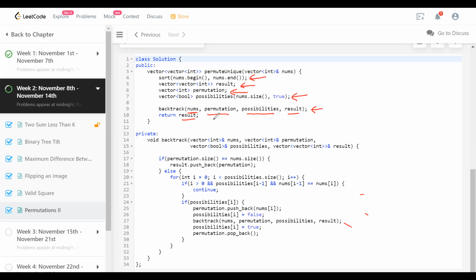All right. So now look at the backtracking method. Permutation is a vector which is empty, and at every level we are adding one symbol. When the size of the permutation is the same as the nums size, that means we have reached a leaf, right? This is an indication of a leaf, and the permutation is a valid one now. That's why I'm going to add it to the result. This is where I add to the result. This is a leaf, as we have seen earlier.